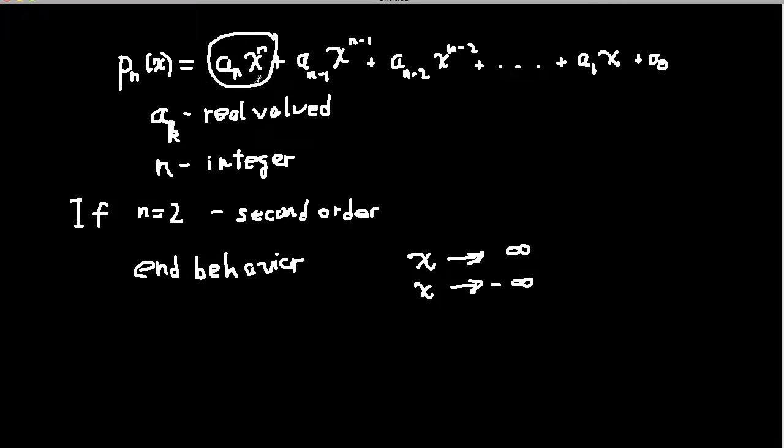And the largest power is x to the n. If it's a second order polynomial, the largest power is x squared, and so on. So we look at the largest power. That if x squared, or x to the fourth, or any even power,